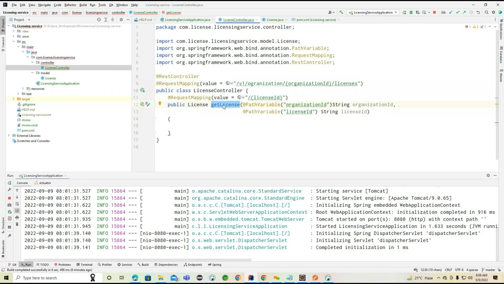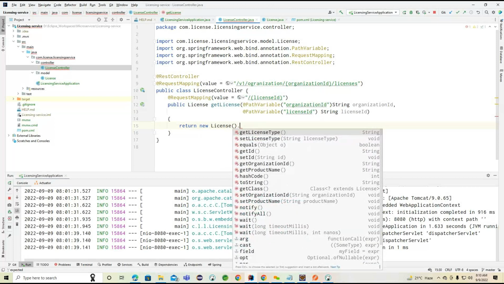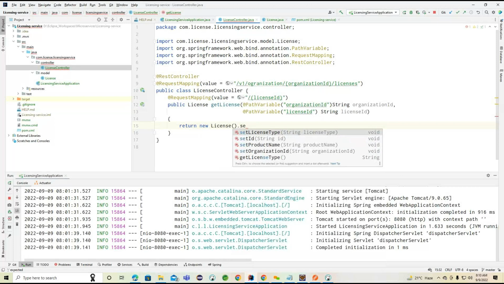license here. Now what we will do basically, here we are going to write this particular license object. Here I'm trying to construct this, the empty object I'm trying to construct. Now observe carefully. Here I'm trying to return this particular new license, and if I'm trying to create this new license,